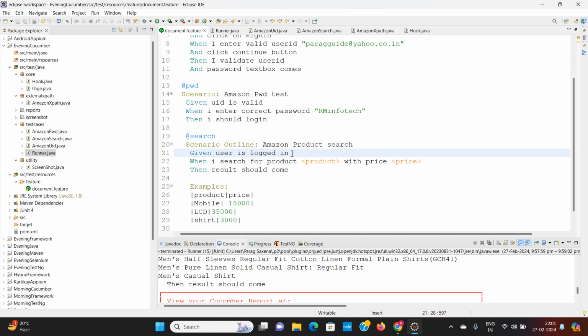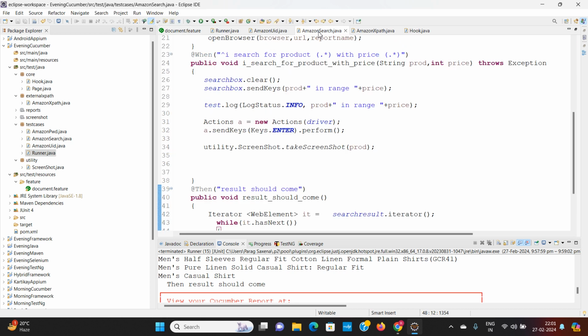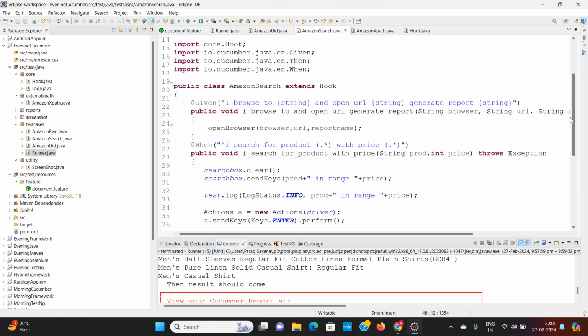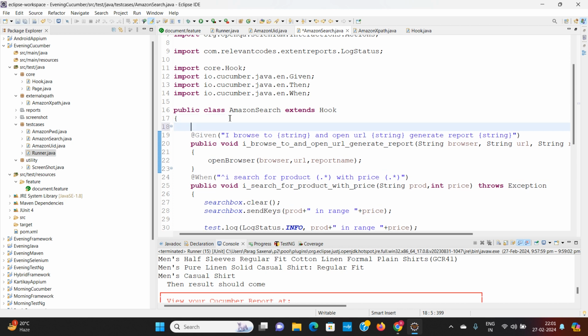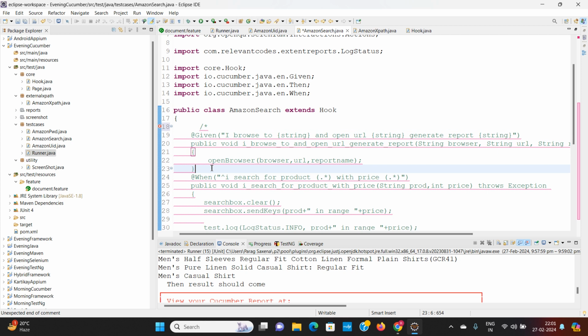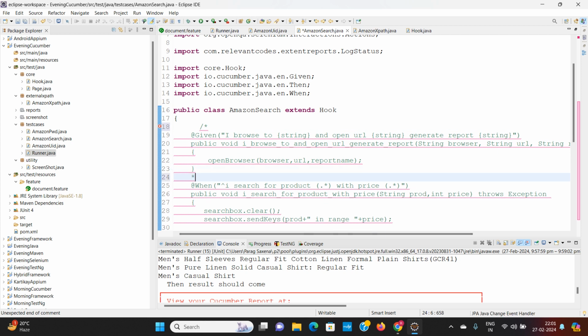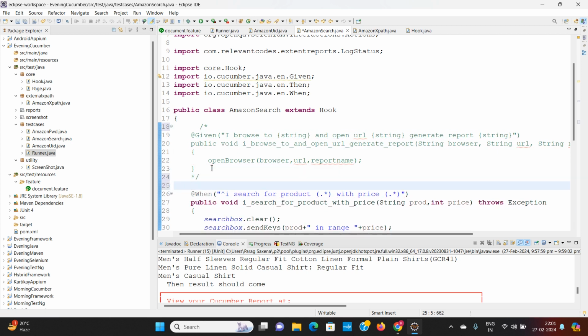First of all, I have changed my method: user is logged in. So again, I have to go to my Amazon search and comment this particular method, because this method is opening the browser. So I will comment this method first of all, and I will write a new given method. It's not compulsory that you have to copy the method. You can also write your own method like this,